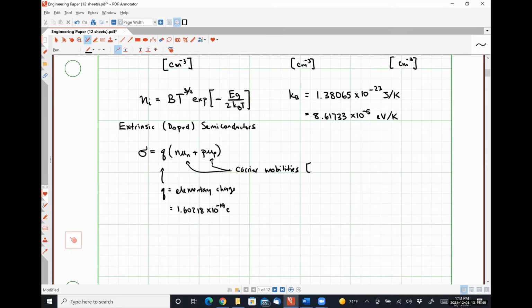These are measured in centimeters squared per volt second. These carrier mobilities kind of represent how easy an electron for mu N and a hole mu P can move about in a crystalline structure. They are temperature dependent and dopant dependent, which we're going to talk about dopants in a minute, right? So for intrinsic silicon, you don't have to write this down or anything, at T equal to 300 Kelvin,